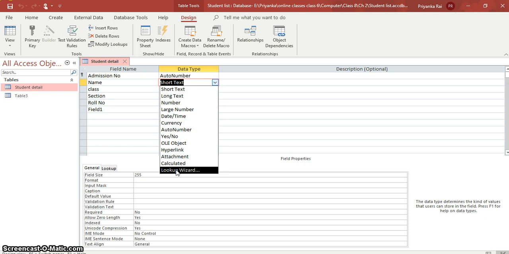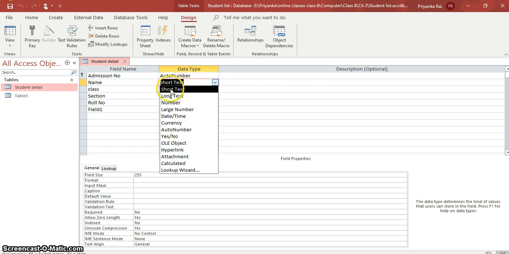We'll see all these values once I complete the description. Then attachment. One more data type is attachment, where this field is only in Access 2007 and onward, like Access 2010 also has this field. You can attach data files from word processing programs, spreadsheets, graphic editing programs, etc. And next is calculated. In this field type, you can create calculated fields directly from the tables. So these are the different data types.